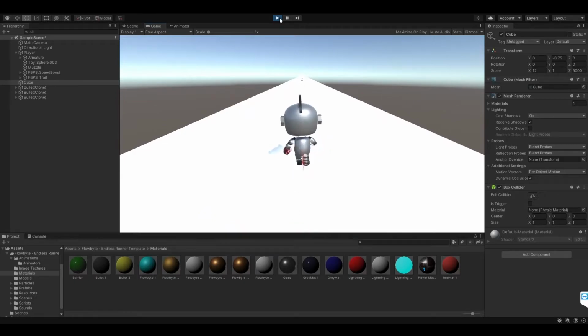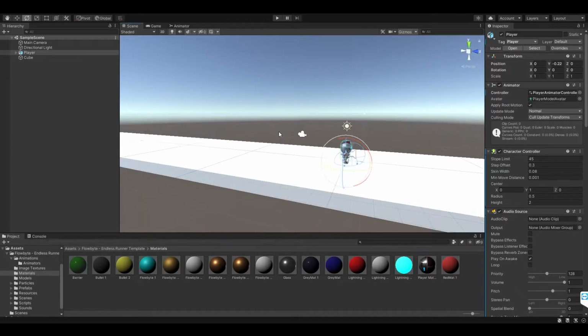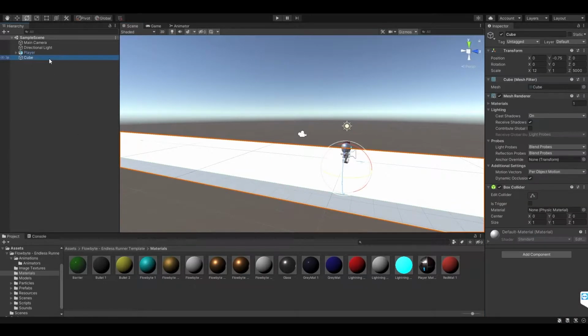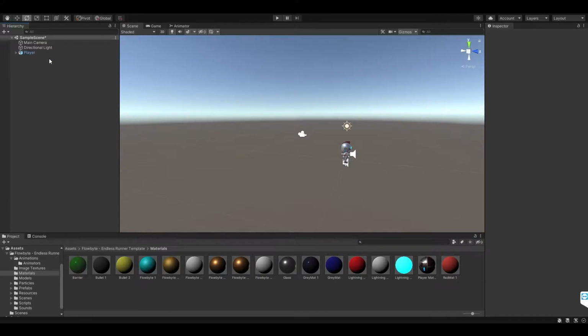Last video we got the player in and moving around. In this video we will be concentrating on the platform generator. So the first thing you're going to want to do is just click on the cube that we put in the previous video. I'm going to delete that out, and then we're going to create an empty game object and